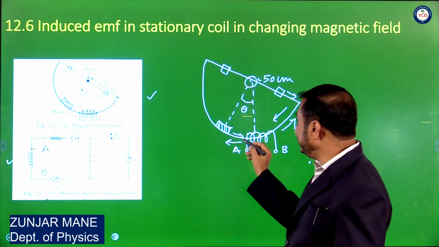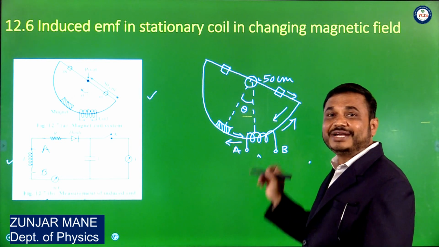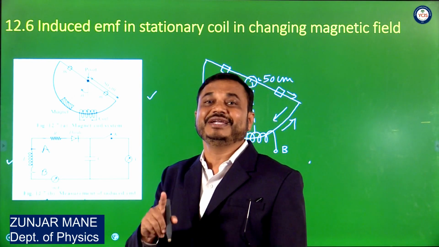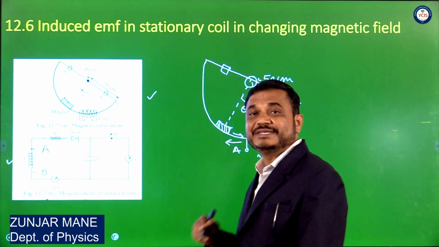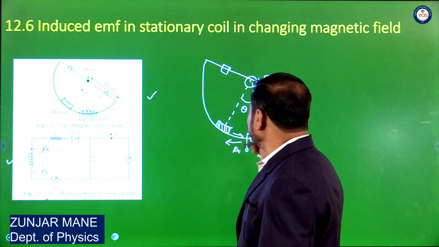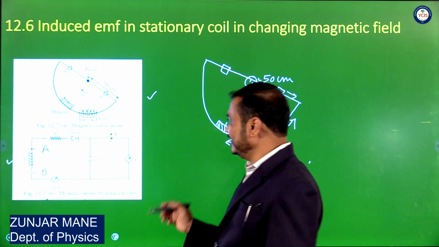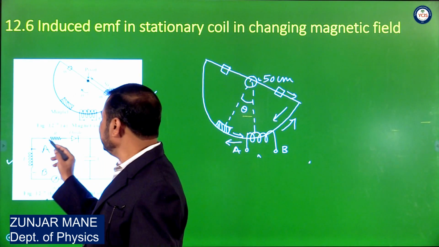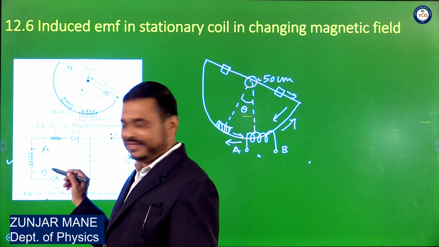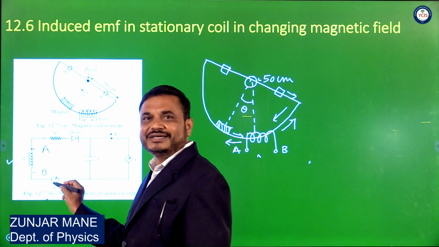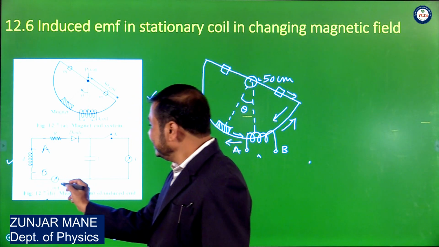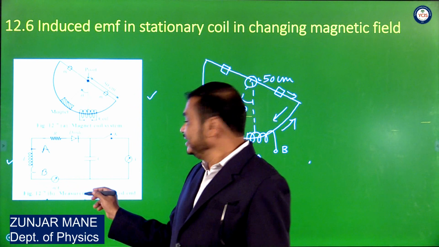So when the magnet enters or leaves the coil, the magnetic flux rapidly changes, and according to Faraday's law or principle of electromagnetic induction, the EMF is induced in that coil. This EMF is passed through that diode, and then we get a certain reading in this millimeter, or it shows some